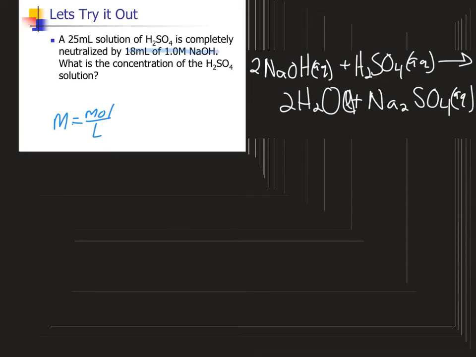I also have the volume of my sulfuric acid, but I've got to find the number of moles to find the concentration. And so I need to utilize that bit of information and say 1 molar is equal to